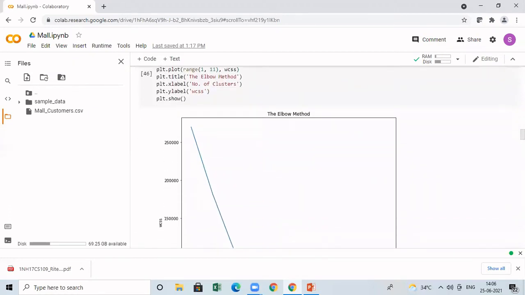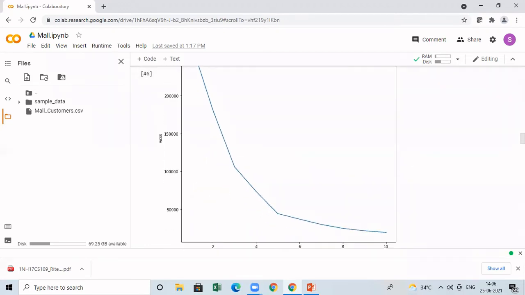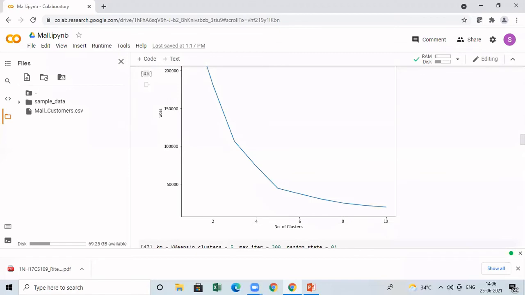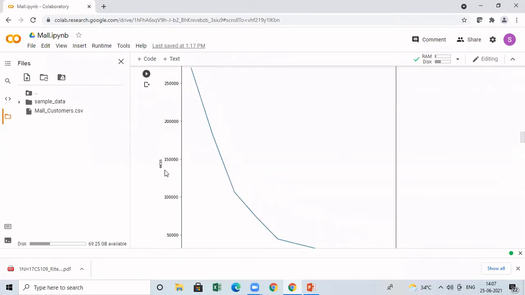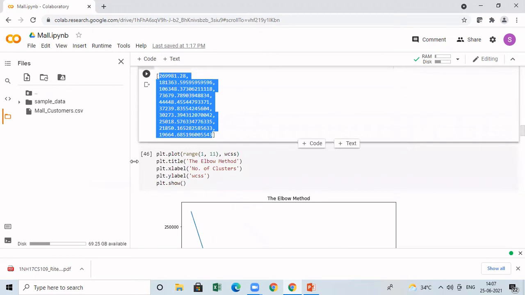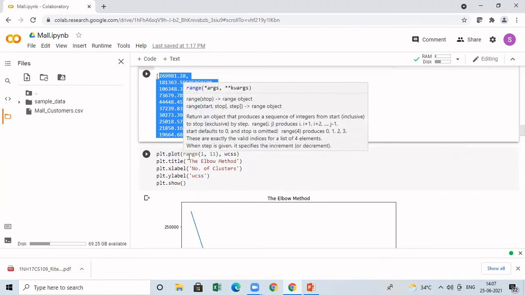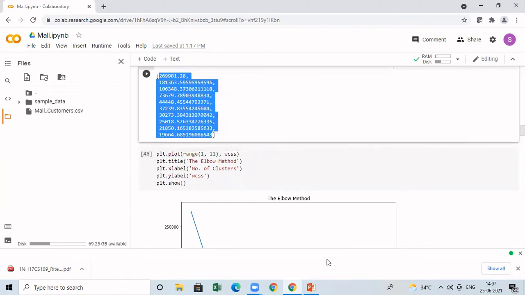If you see in the plot, I'm going to plot 2 things. Consider the plot here. In the x-axis, I have the number of clusters, and in the y-axis, I have this WCSS value. I have to plot them now. So for that, I'm going to call plot. I'm going to pass 2 arguments. The first argument is the number of clusters, which is varying from 1 to 10, so I'm calling range of 1, 11. And in the y-axis, I need WCSS. Now you can give any title and X label, Y label for your graph. Finally, call plt.show, which will show you a graph in your IPython notebook.